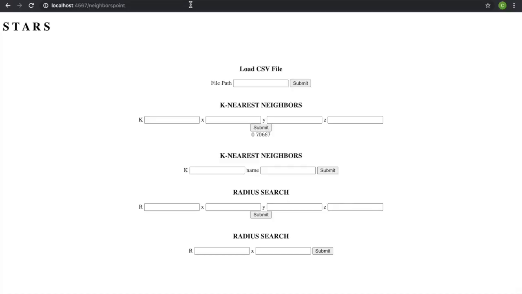This is the stars functionality, or the celestial proximity locator. You can load in a CSV file. You can find the k nearest neighbors, either by name or by coordinate point, and then same with the radius search. So in other words, the CSV file contains coordinate points in 3 dimensions, so 3, 4, 5, and then the star's ID. So maybe it's star ID 35, and then a name,